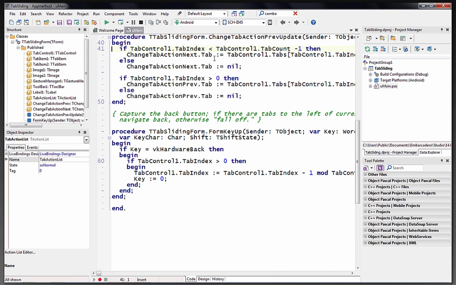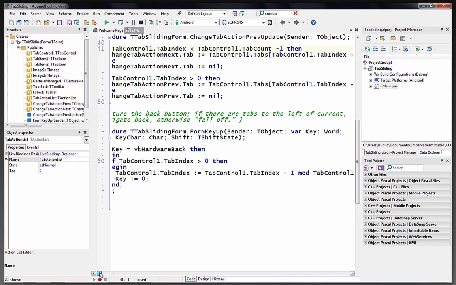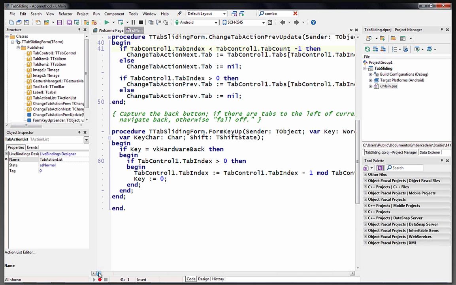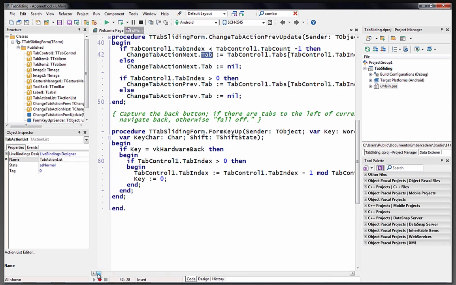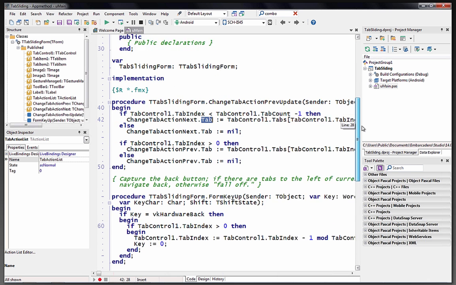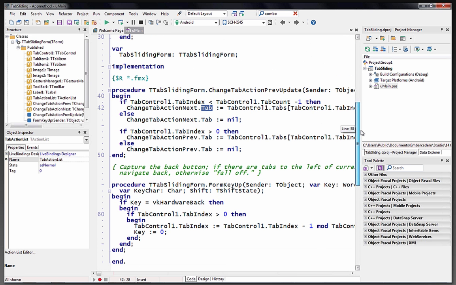If you're not at the end of the number of tab controls that are available, then increment the tab control using the tabs array to get the next tab item in the tab control. So pretty straightforward code for handling using a swipe gesture to move between one tab, the next tab, the next